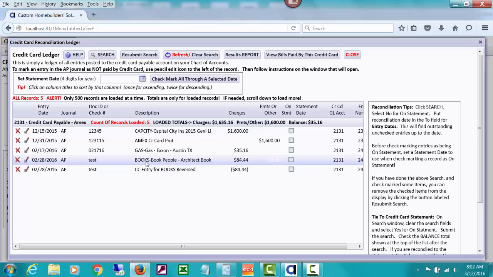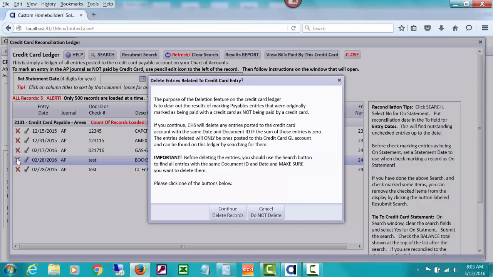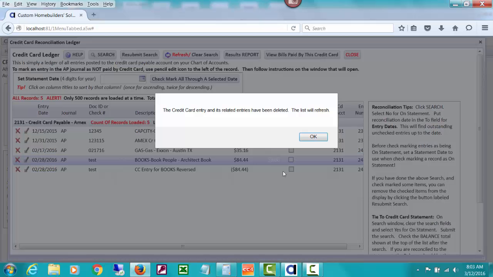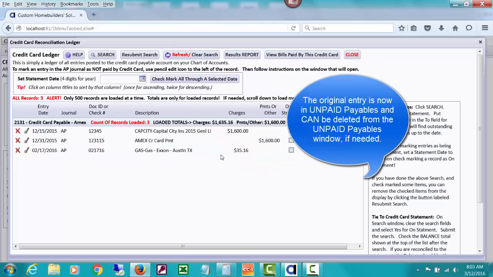So if we want to clean up our books, we can use this X icon. It did find there was a plus one and a minus one, so they totaled to 0, so it feels kind of comfortable deleting the entries that were posted to the credit card payable in and out. So we've got it cleaned up. And now that record is back over there in unpaid, where maybe we're going to post it as paid by a check or who knows what. But hopefully that gives you a pretty good idea of what's happening here with these little tools to edit or